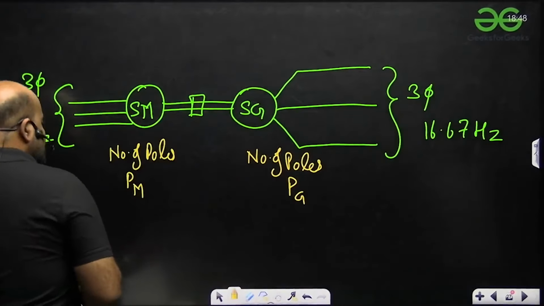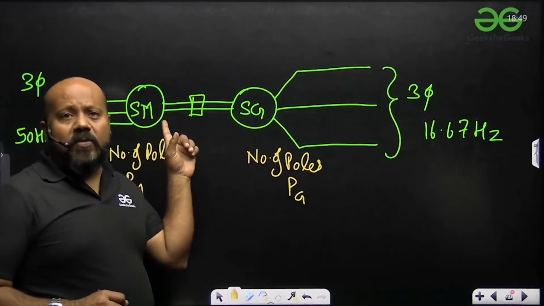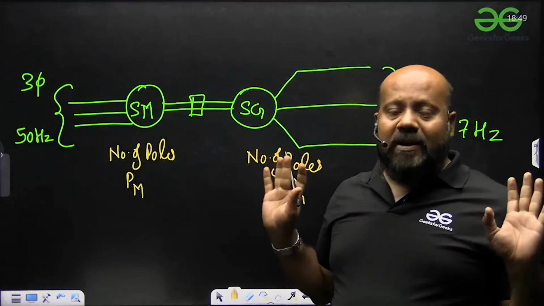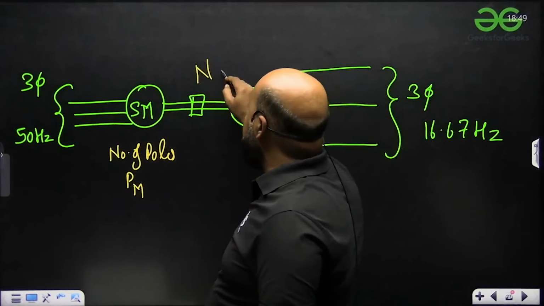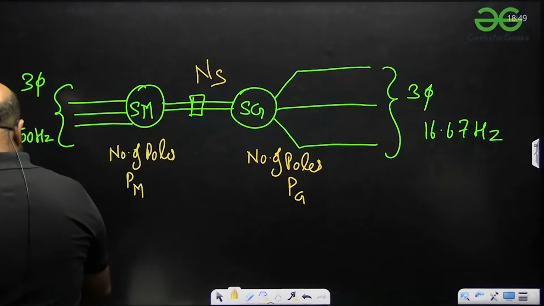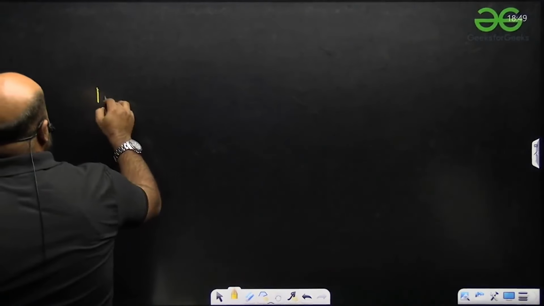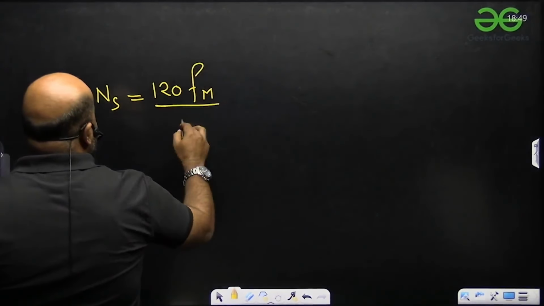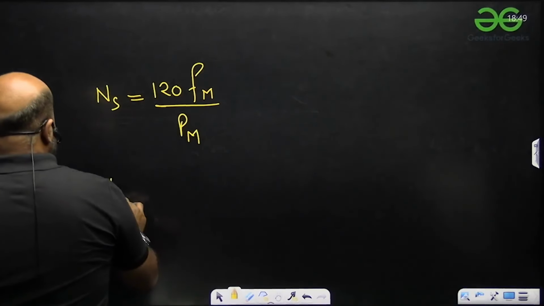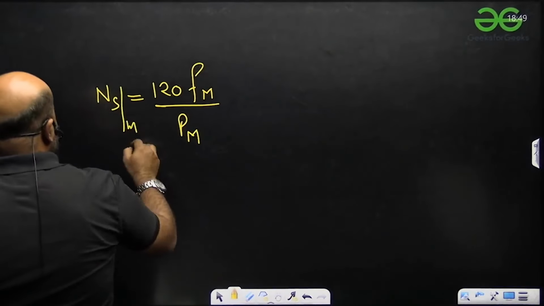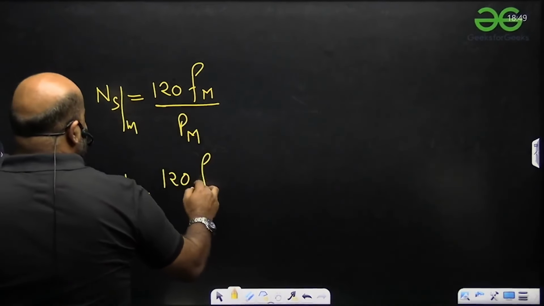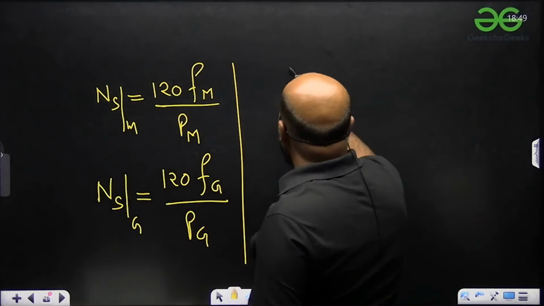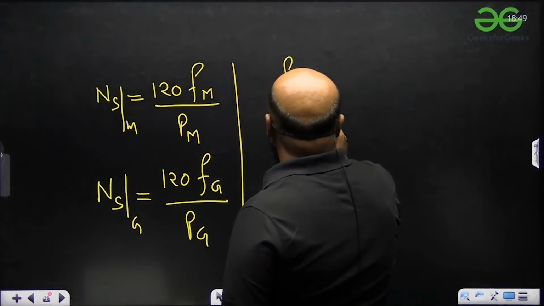PG है, ठीक है। अब देखो एक बात तो तय है, चूंकि ये सिंक्रोनस मोटर इस जनरेटर से मैकेनिकली कपल्ड है, तो ये बात 100% तय है कि सिंक्रोनस मशीन है तो भैया सिंक्रोनस स्पीड पे ही ये रोटेट करेगी। अब सिंक्रोनस स्पीड को आप मोटर और जनरेटर के लिए कैसे लिख सकते हो, Ns = 120 F_M / P_M, और जनरेटर के लिए, 120 F_G / P_G, और ये दोनों बराबर होने चाहिए, यानी कि F_M / P_M = F_G / P_G।